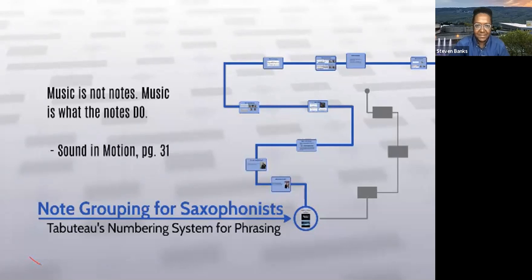Alex Dietz, my man, says, you mentioned at the beginning about using the number system to communicate with your quartet. How do you...